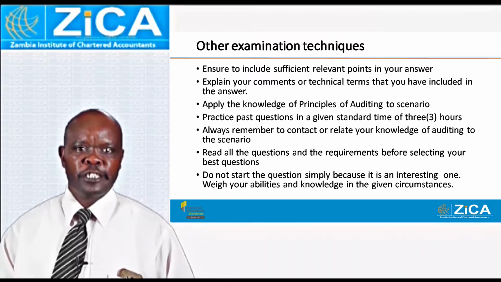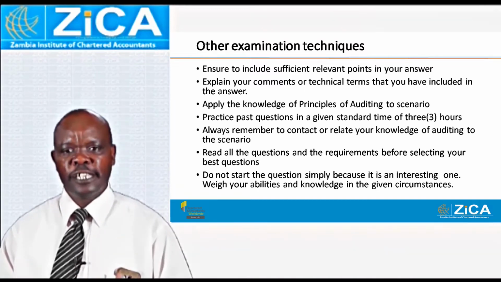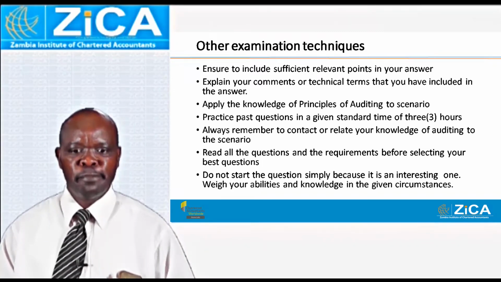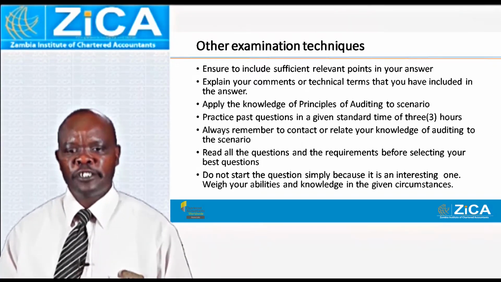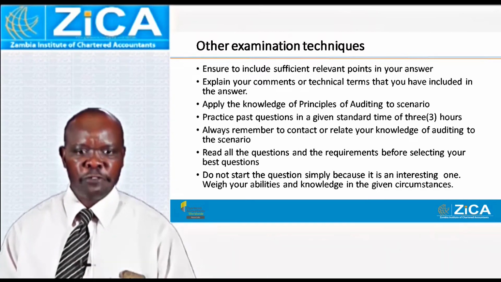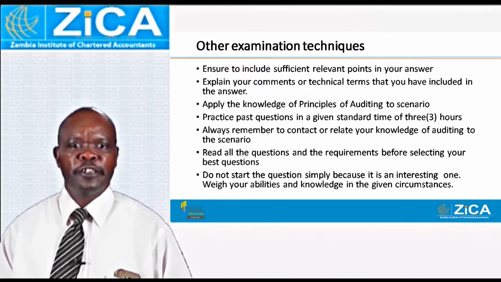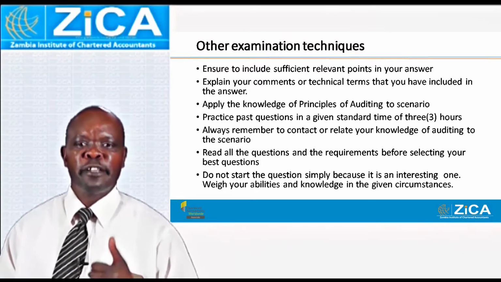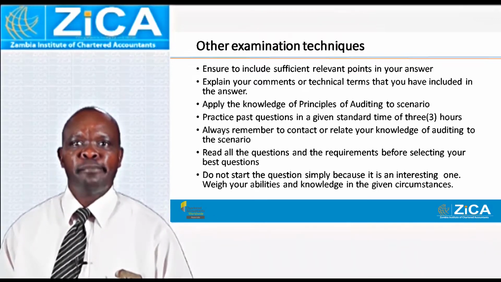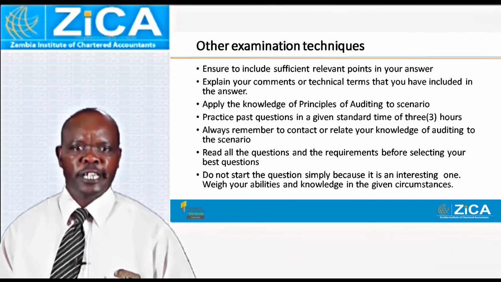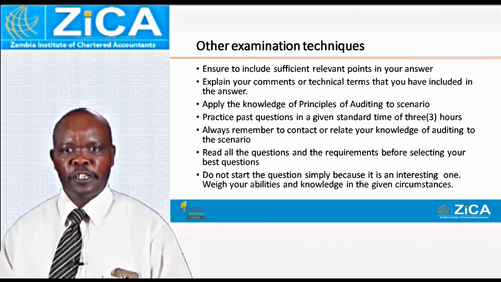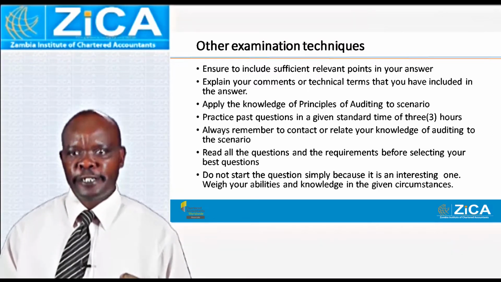And again, selecting the questions, it's very critical that when you select questions, you are not selecting topics, simply because the questions carry multiple topics. For instance, if you are given question 1, you're not expected that question 1 will come from the first topic or the last topic. Each particular question has sub-questions. For instance, question 1 could have topic 1, context in auditing. It may have audit evidence. It may also have reporting.